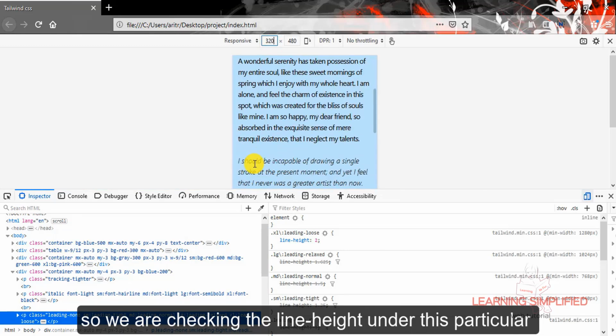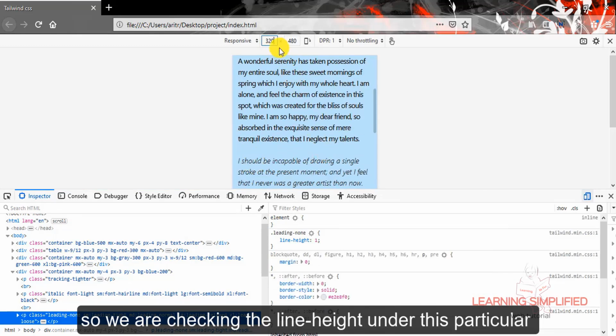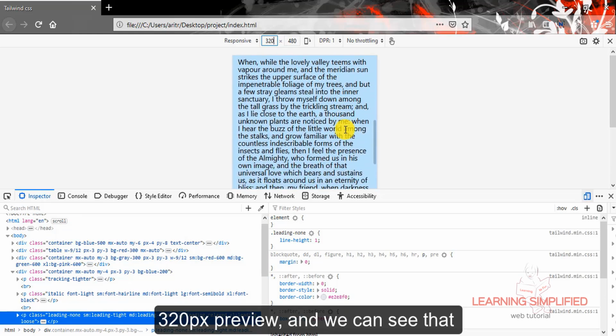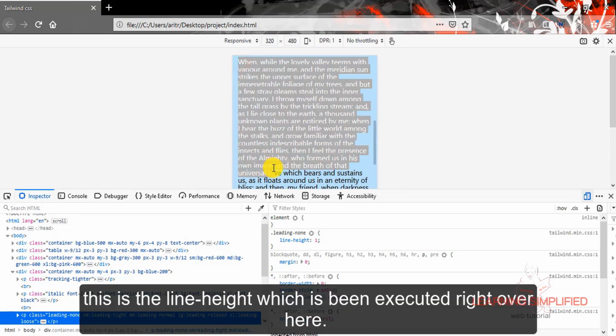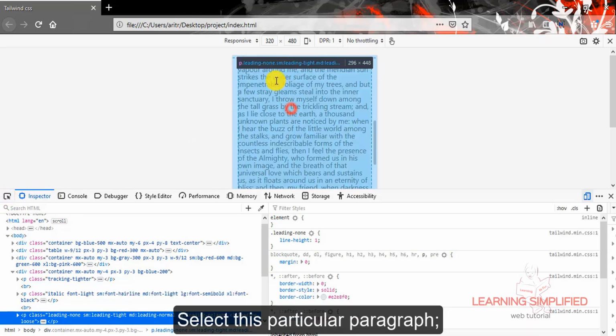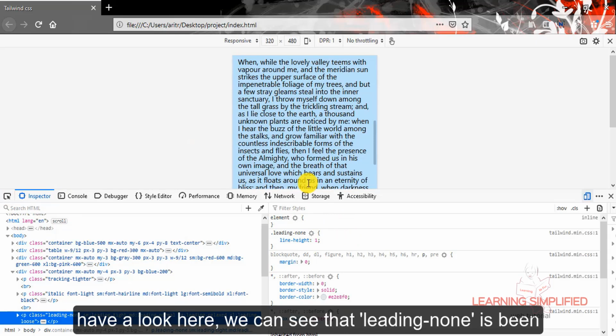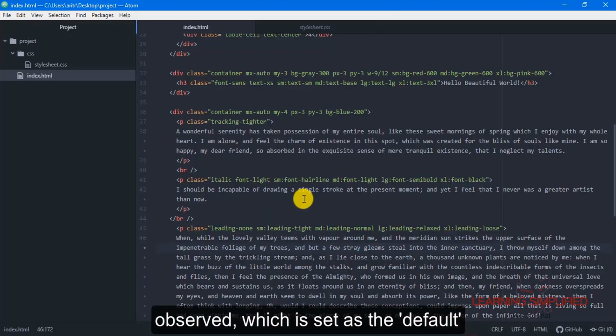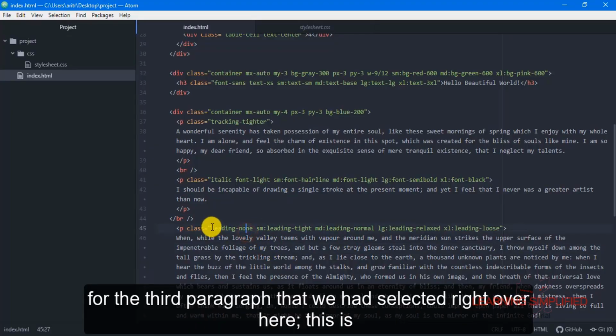So we are checking the line height under this particular 320 pixel preview, and we can see that under this particular mobile preview this is the line height property which is being executed right over here. Select this particular paragraph. Have a look here. We can see that leading none is observed, which is set as the default for the third paragraph that we have set right over here.